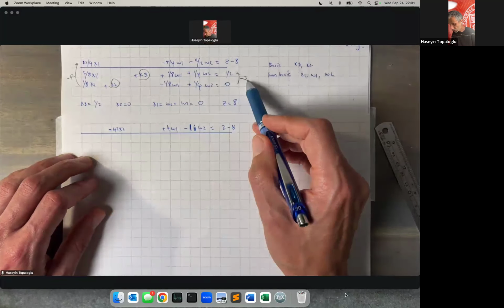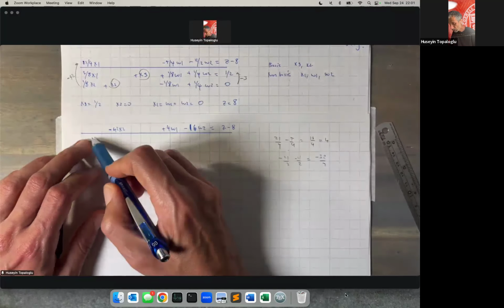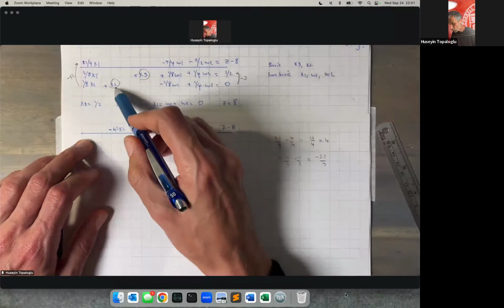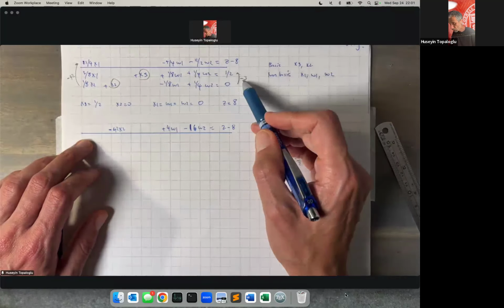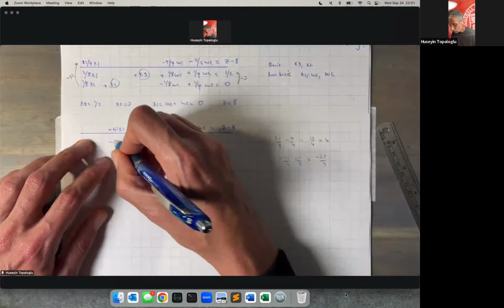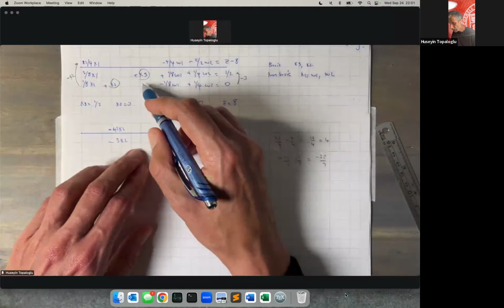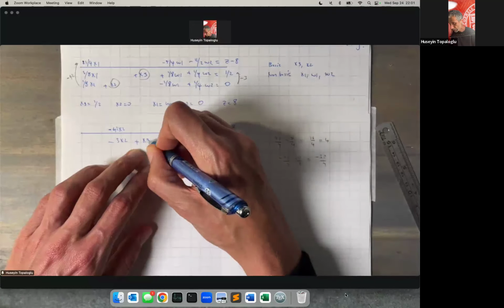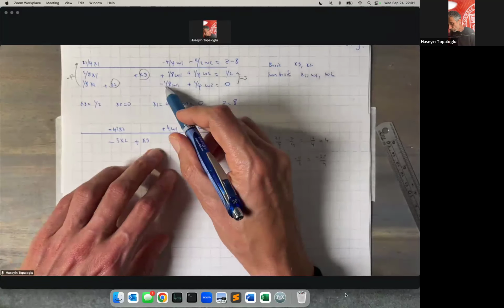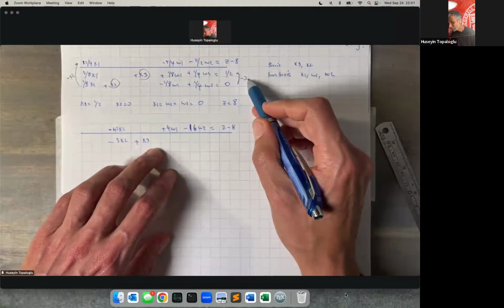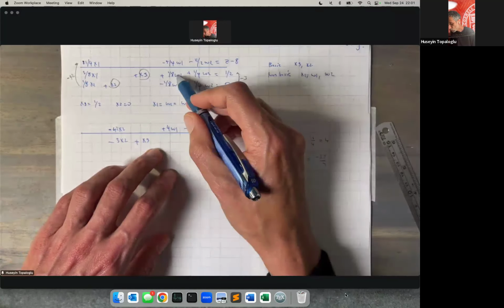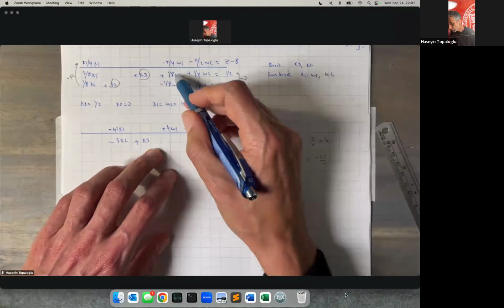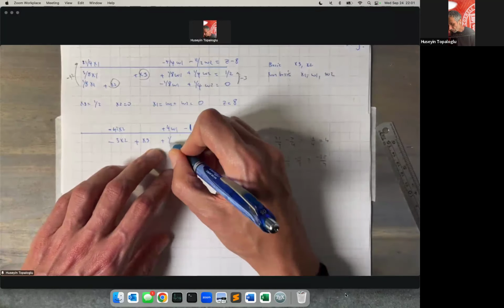1 over 8 times minus 3 is minus 3 over 8, plus 3 over 8 x1. x1 disappears from the first constraint row. x2 times minus 3 is minus 3 x2, plus another 0 x2, minus 3 x2. 0 x3 times minus 3 is 0 x3, plus another x3, x3. 1 over 8 minus 1 over 8 w1 times 3, that is 3 over 8 w1. Plus 1 over 8 w1, 3 over 8 plus 1 over 8, that is 4 over 8, that is 1